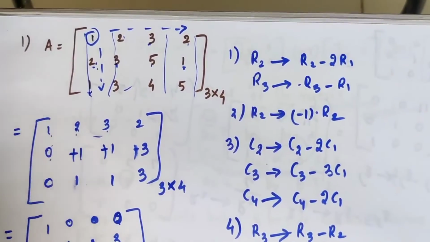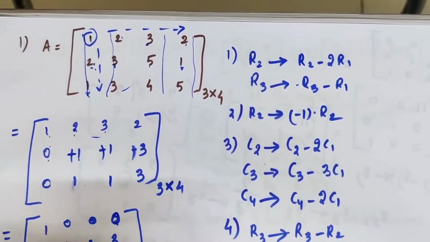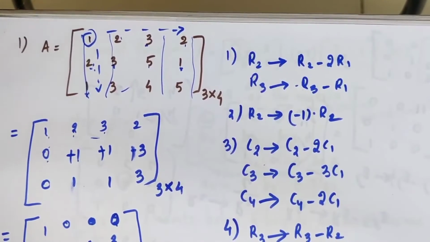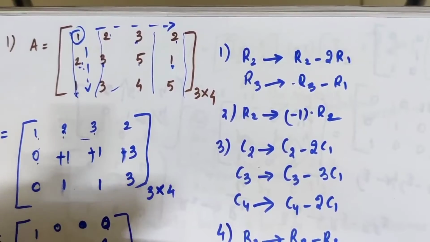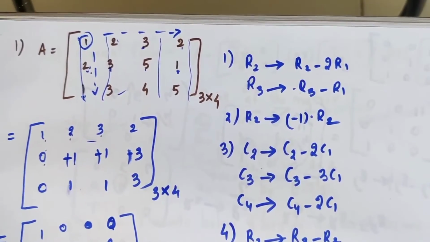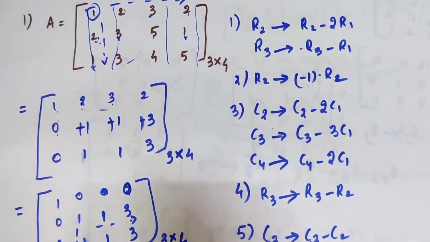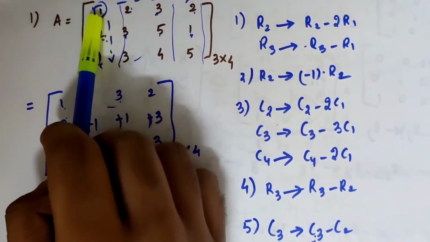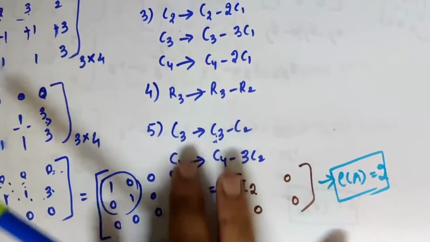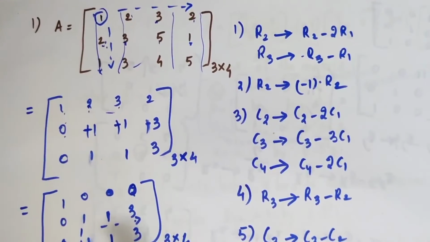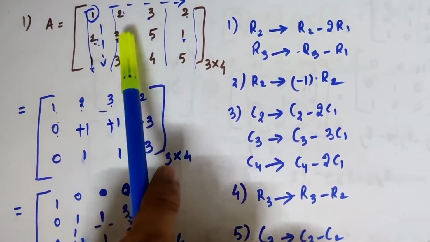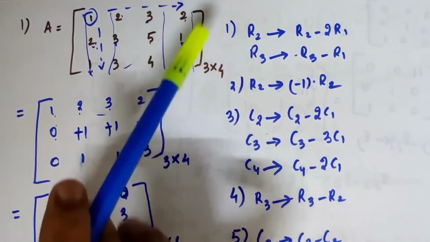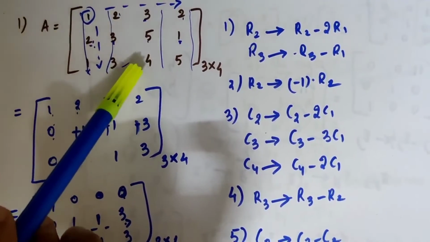You can't get any other questions apart from these two. You will be asked to find the rank using normal form for a square matrix or for a rectangular matrix. Yes, you can face slightly tricky problems. It will not be one here, and you can't get this form directly. You will have more steps. You can expect that, but the concept will be the same.